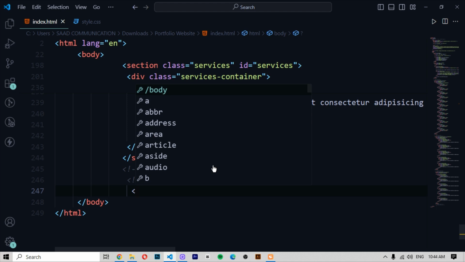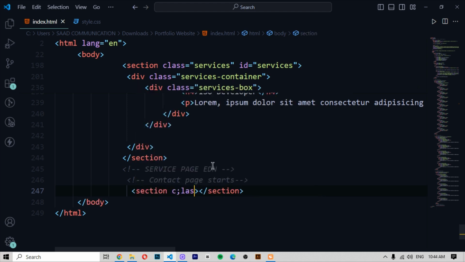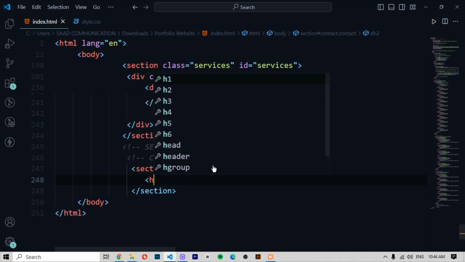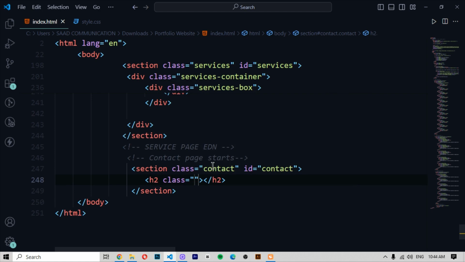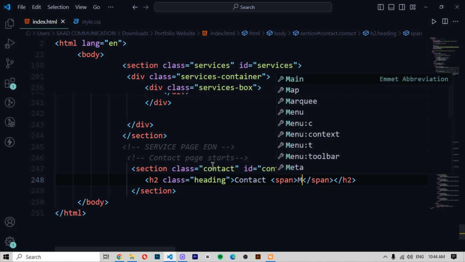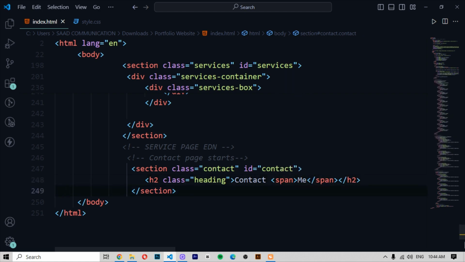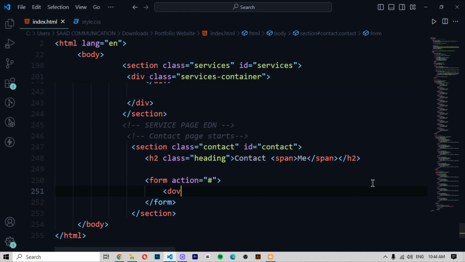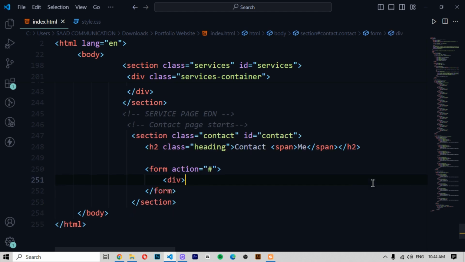Here now we are writing section, class will be contact, because the contact section has started. Anyway, write here h2, in the h2 define class heading, then contact, then span me, then form action will be hashtag, and then enter, div, class will be input box,